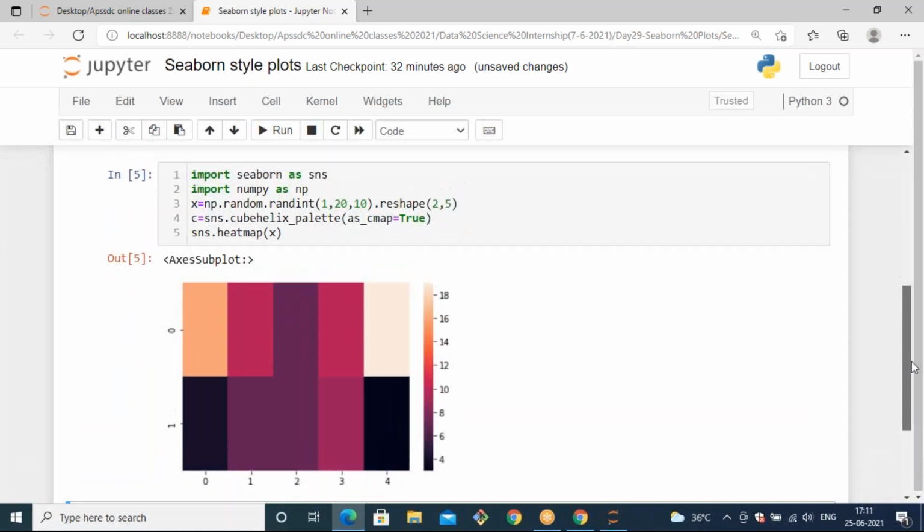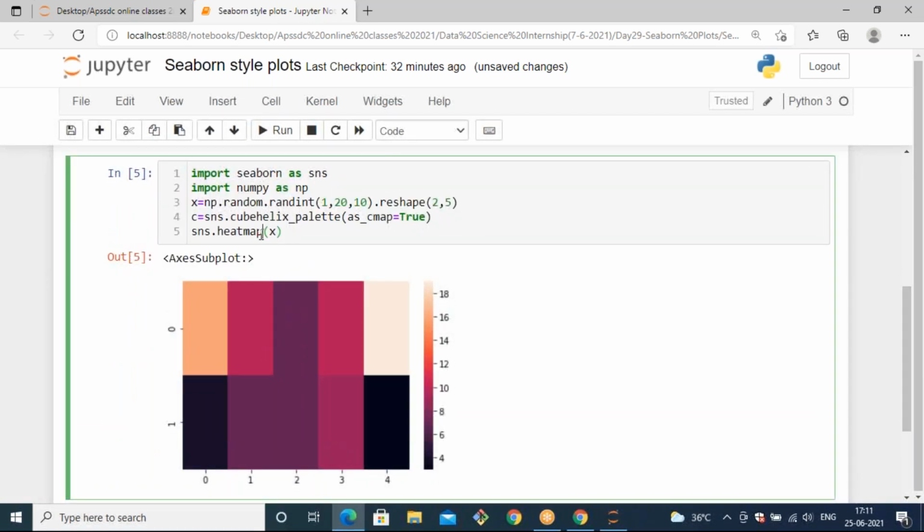The heat map also has default colors. But instead of that, if you want to generate cube helix palette colors with the heat map, you can do that with the parameter cmap.